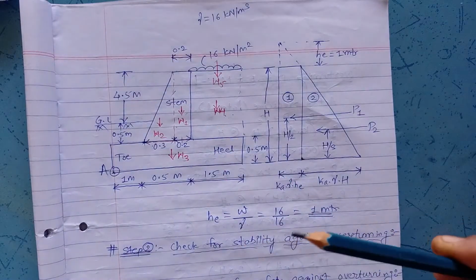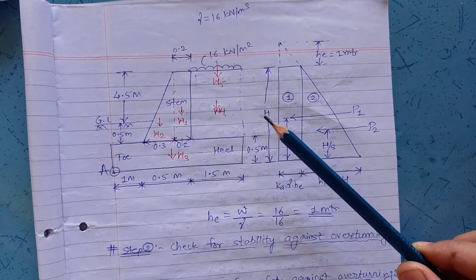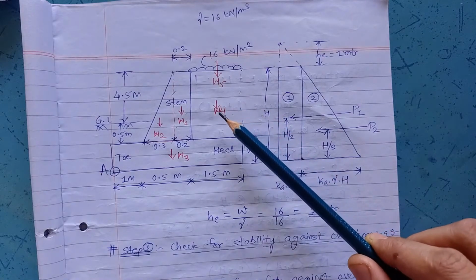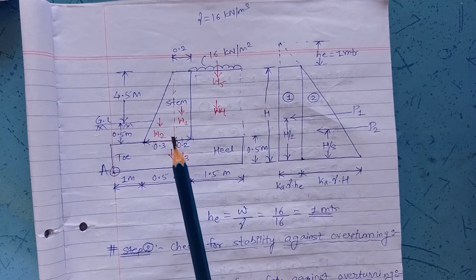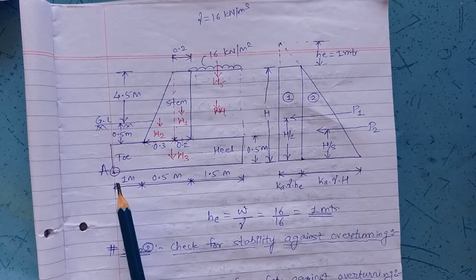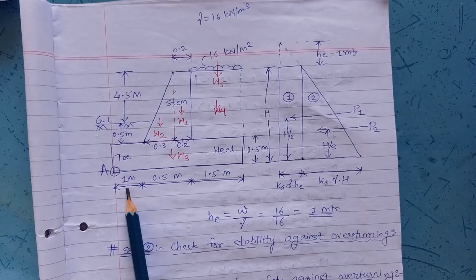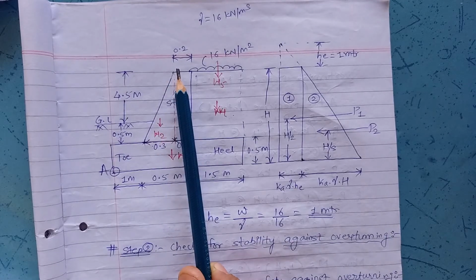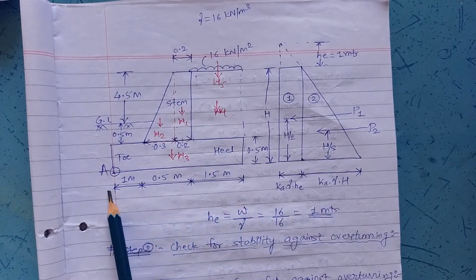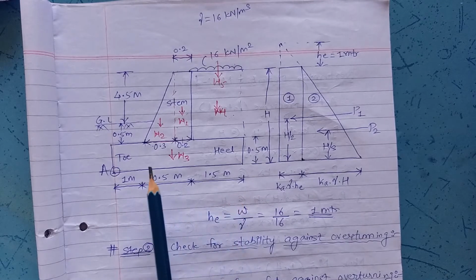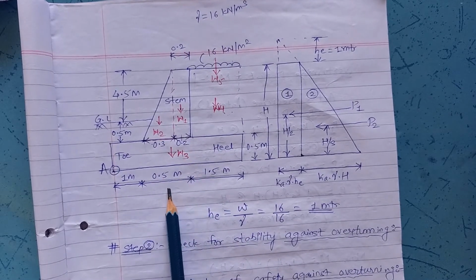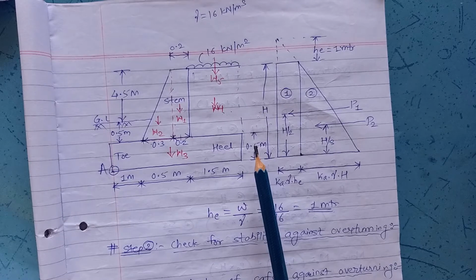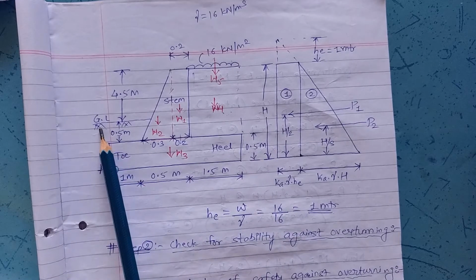Now in previous videos we have seen some cases of backfill, and this problem comes under case number 4, where backfill is subjected to surcharge over it. Hence this should be our final diagram of the retaining wall, where we have assumed some dimensions: toe projection was B by 3, it comes to 1 meter. Width of the stem at bottom will be 0.5 meter. Width of the stem at the top 0.2 meter, which is minimum. Total width of the base slab we have taken as 3 meter. Hence 1 meter toe, width of the stem will be 0.5 meter, and remaining width of the heel will come up to 1.5 meter. Thickness of the base slab we have calculated as 0.5 meter. This is the ground level.